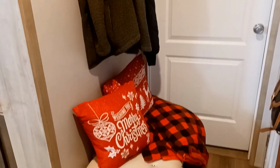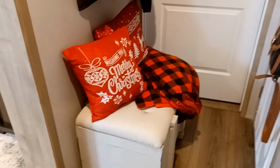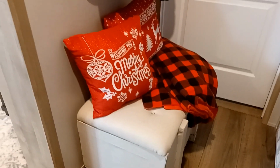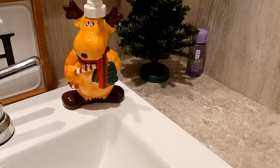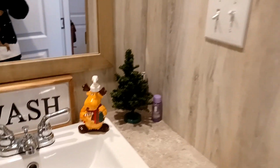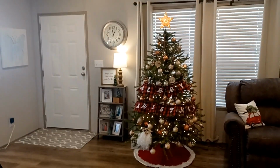Also in the hallway, I have these two pillows because I thrifted these other two pillows that we're about to see, and then I have a heated buffalo check blanket, so I think I'll just leave that there for now. I don't have the bathroom decorated yet, but I do have this guy. My mother-in-law gave that to me, and that little tree I think was thrifted, but I'll come back and decorate the bathroom later. But for now, that's just the way that it is. But you see this when you walk out,